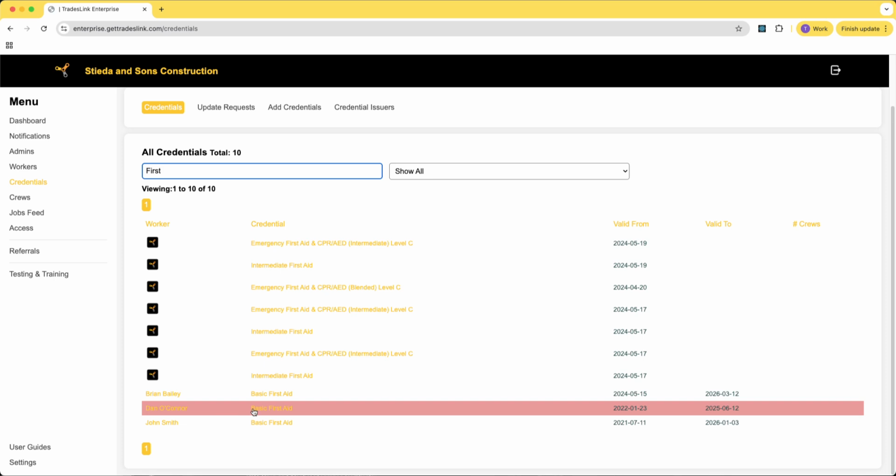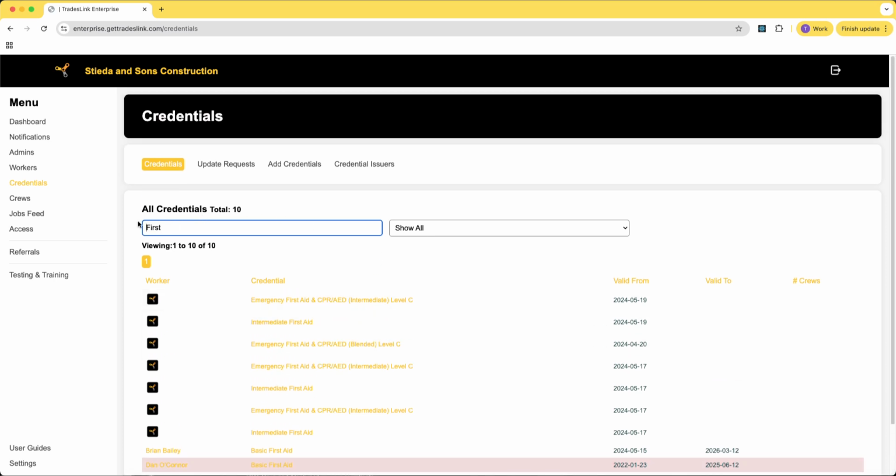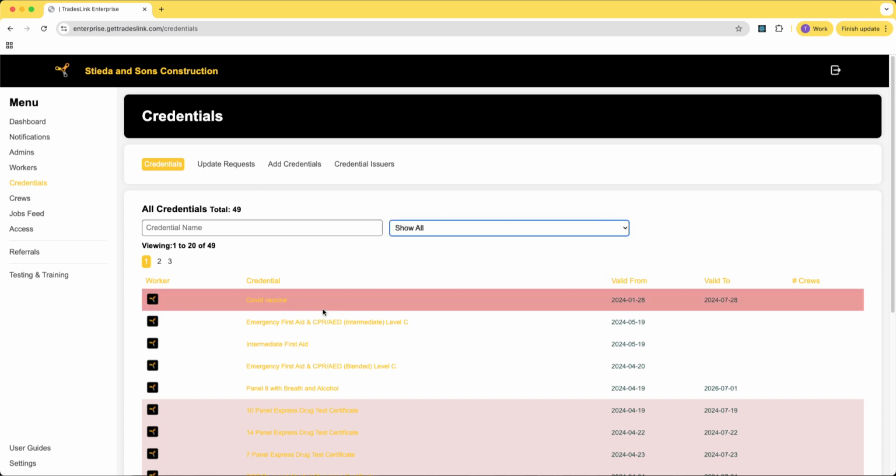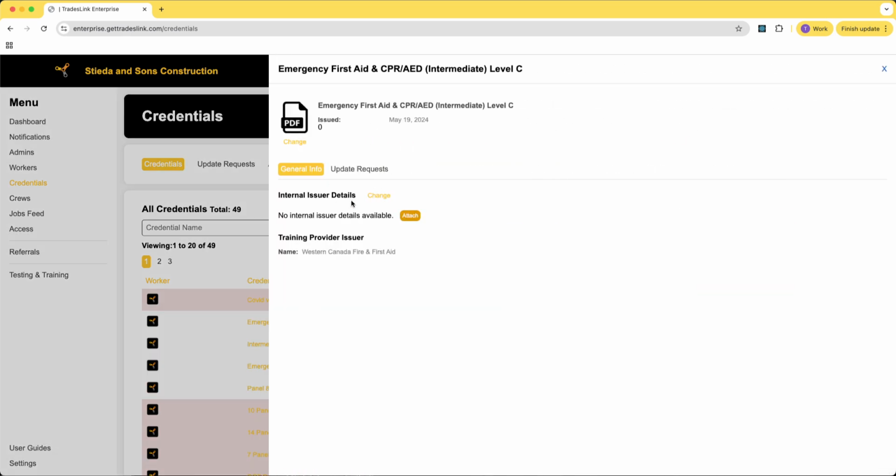This here will show the name of the credential, the worker that's within here, and it will give you information as to the valid to, and perhaps the number of crews that this is being shared in, and also to if this is expired or not expired. We also have the ability in here to show all of our expiring within 30, 60, 90 days. And we can also view details about this in here in particular and be able to see the actual